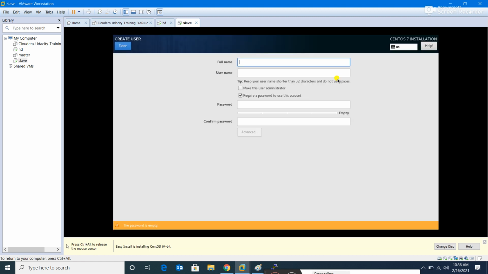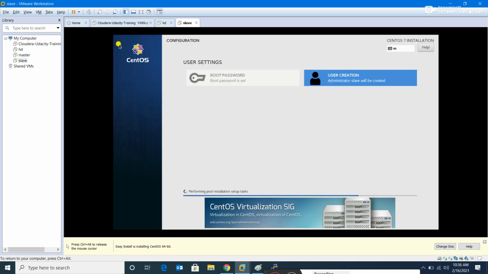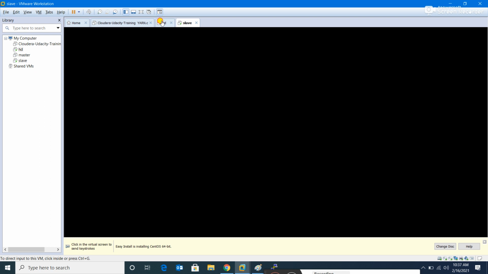we will create a user here. We will name it slave only. So slave, slave. Okay, so done. You can see that the first time I clicked on done, it did not do anything. The reason is that I have put in a weak password. So if I click on done a second time, it completes it. Let the easy password be there. So you need to click two times there. You must have observed this thing. It will take some time to get set up.